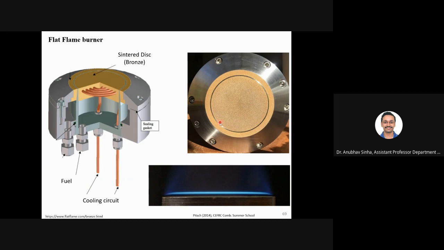At the end of my experiment, this is a copper or bronze tube center disk. This became charred. It is now black in color. So you have to be very careful. If you are doing any experiment with this, you must make sure that water is always flowing. If you are trying to take adiabatic measurement, you will end up burning this.